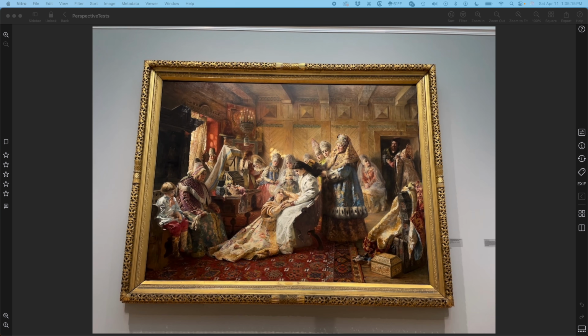In this video, I will show you how to use the Nitro perspective tools to correct alignment issues. Perspective is a common problem in images. They most often occur when shooting at an angle to the subject, for example, a tall building or a painting in a gallery. Nitro now has an advanced perspective tool that can correct difficult cases without overly cropping or distorting